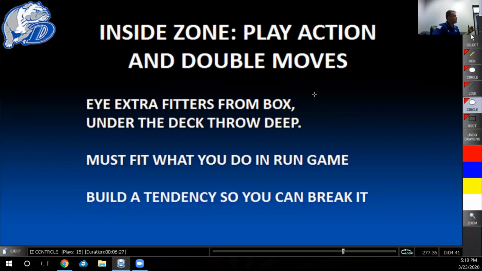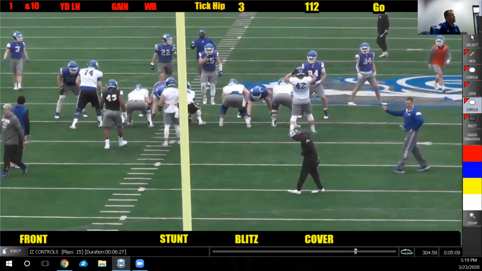In my opinion, the best run actions involve a moving gap. So again, like a split zone action or a pull on a guard or something like that is going to give you the best fake. Pulling an offensive lineman is going to compromise protection at some point. But again, you're going to see here, move down to